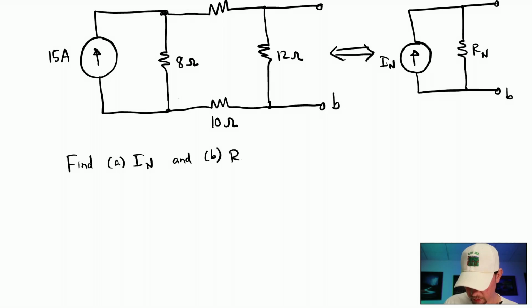secondly that Norton resistance. And the way we're actually going to do it is we're going to consider the open circuit with respect to terminals A and B, find the open circuit voltage. Then we're going to place a short circuit across the terminals A and B, find the short circuit current. Actually, let's do it the other way. The open circuit voltage and the short circuit current. And we will find that once we actually have this and this,